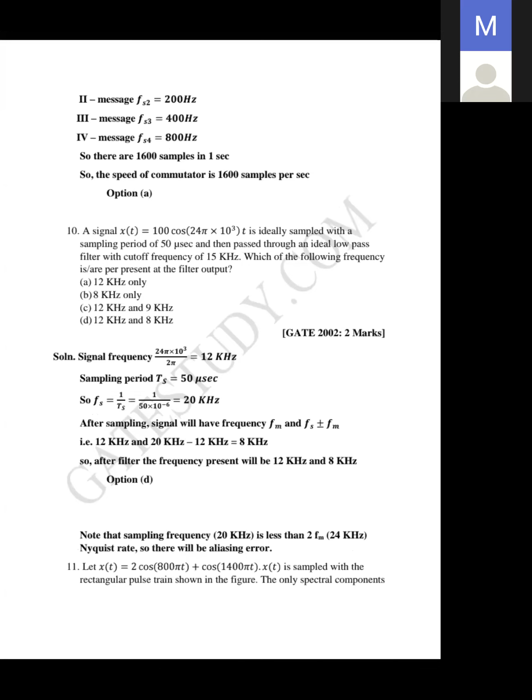So the next question. A signal x(t) is equal to 100 cos(24π × 10³ t) is ideally sampled with a sampling period of 50 microseconds and then passed through an ideal low pass filter with a cutoff frequency of 15 kilohertz. Okay, which of the following frequencies